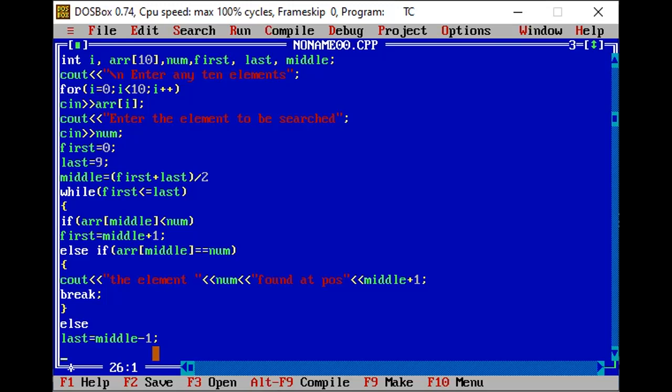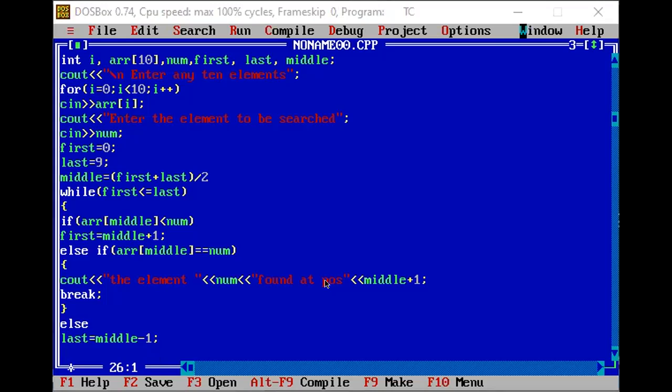Okay, so what we have done in the starting part is that we have divided our array into two parts. One is the lower part, and the other part contains the higher values. Firstly we checked the lower part, now we are checking the higher part. So that is last equal to middle minus 1.